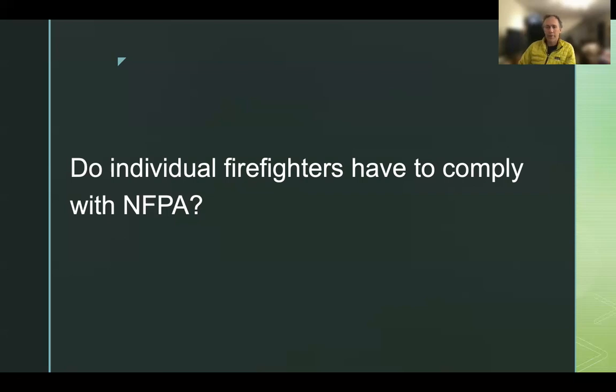So firefighters are oftentimes trained by the department they get hired by, maybe they were trained by a previous department, or maybe a third-party training organization. Any of those may or may not be NFPA compliant. Any of that training may or may not be NFPA compliant. If the training is NFPA compliant, then it may or may not be accredited. This gets further tricky here because most training organizations forego any kind of accreditation, which then just means that a